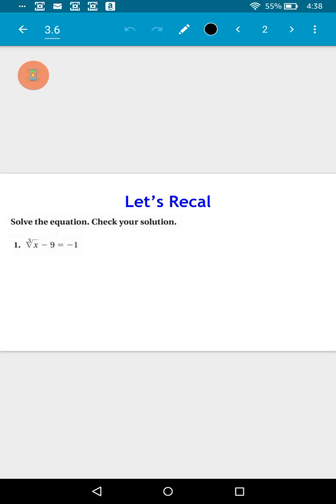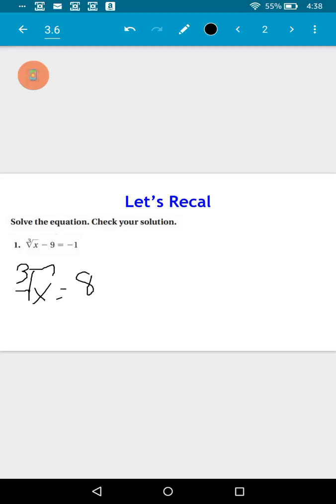In number 1, I have the cube root of x minus 9 equals -1. Remember from a few days ago, when we are solving these radical equations, you need to get what's underneath the radical by itself. By the way, I did not mean to circle that negative. First things first, let's get rid of that 9. The opposite of minus 9 is plus 9, plus 9 here, plus 9 there. When we do that, we're left with the cube root of x